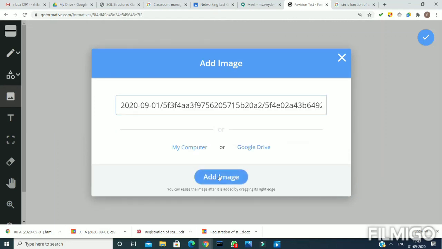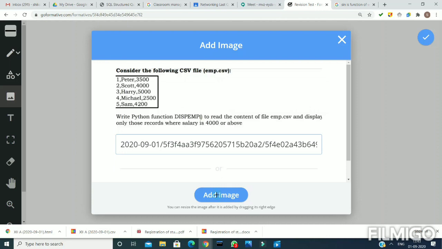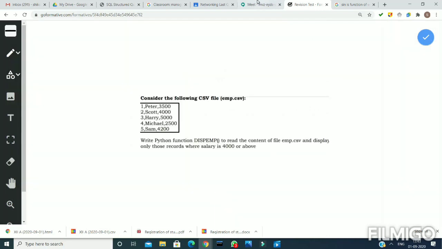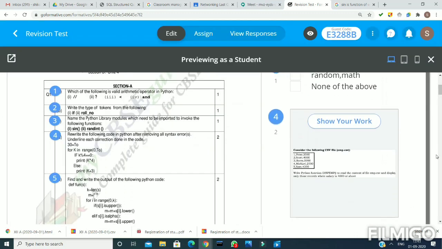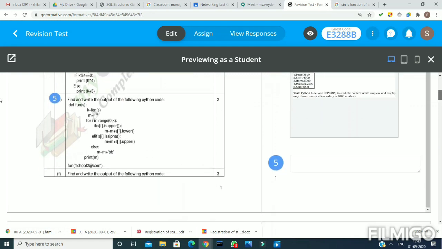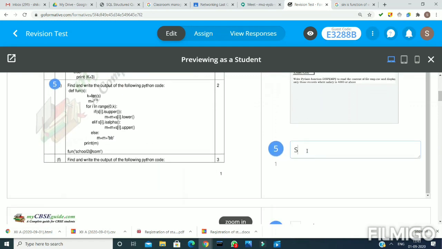So I have done it. Now click on the add image option. So the image is uploaded. So the student will click here on the right button after completion of that work in this window, and then he will attempt the other questions like this is done, and the other question is 5. The answer is